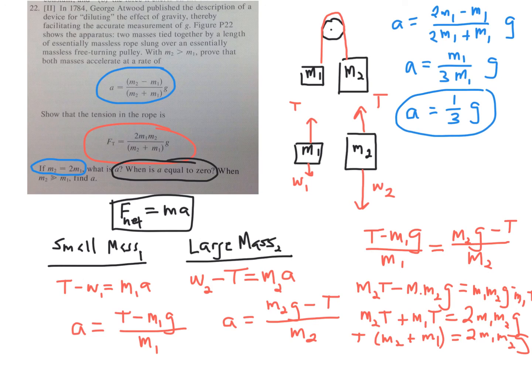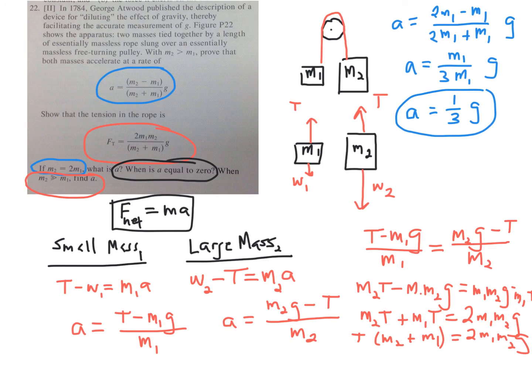But what about now, and this is a little bit of different notation down over here in the question, what does this mean? M sub 2 is much, much greater than m sub 1. So what happens if m sub 2 is really big and m sub 1 is really small? Or, for all practical purposes, m sub 1 is close to 0. It's so small, it doesn't make any difference. If m sub 1 is so small, it barely has any mass,